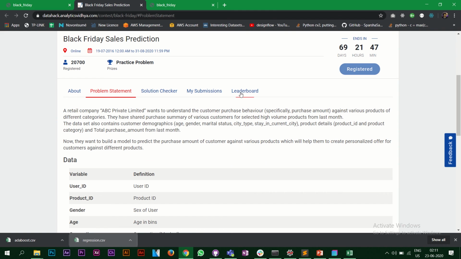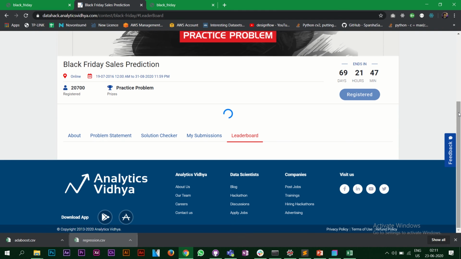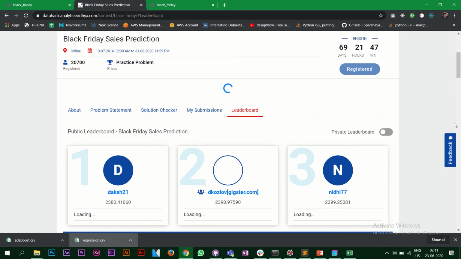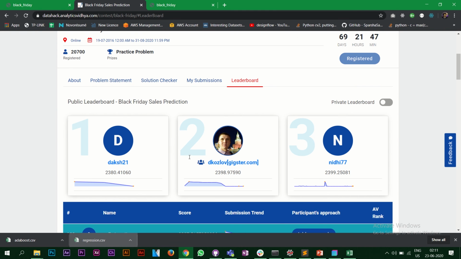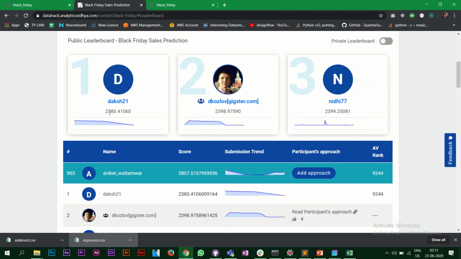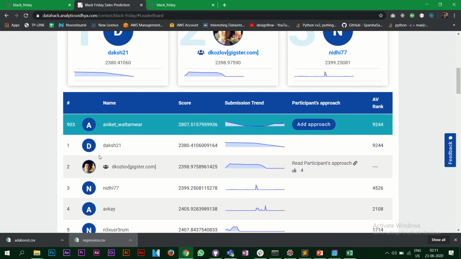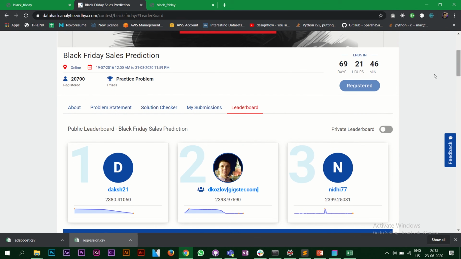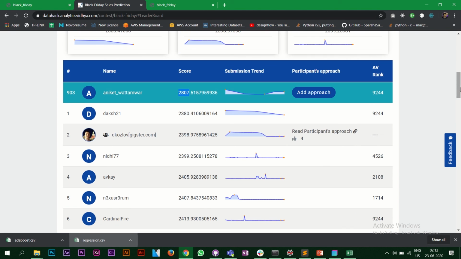So on the leaderboard we can see our score. As you can see, the first 3 rankers' scores are 2380, 2398, and my score is 2807. I think my rank is 903 right now, and there are 20,000 people who have registered for this practice problem.